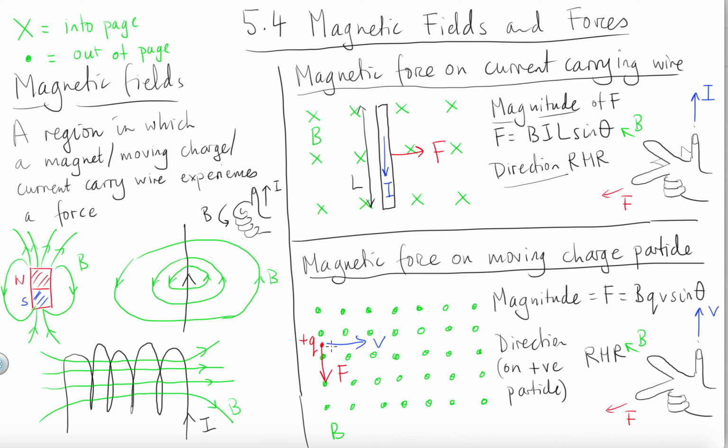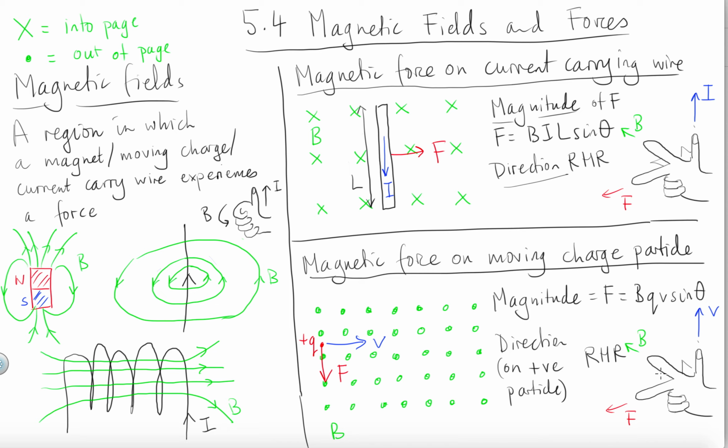Similarly, if we have a positive charge traveling in a uniform magnetic field, this time the magnetic field is pointing out of the page, the magnitude F is given by BQV sine theta. B is the magnetic field strength times the amount of charge times the velocity of the charge times the angle between the magnetic field strength and the